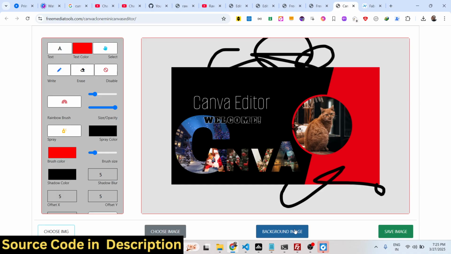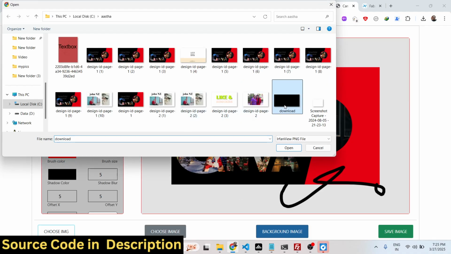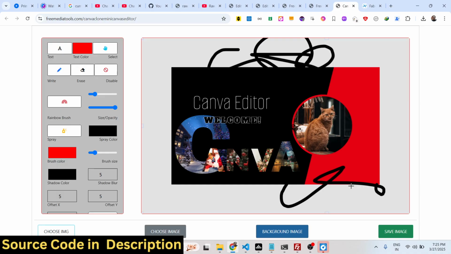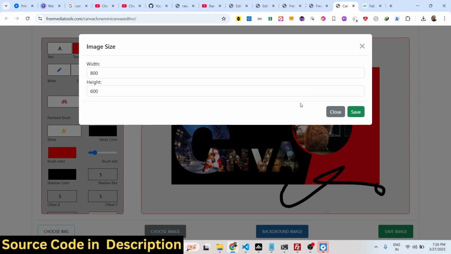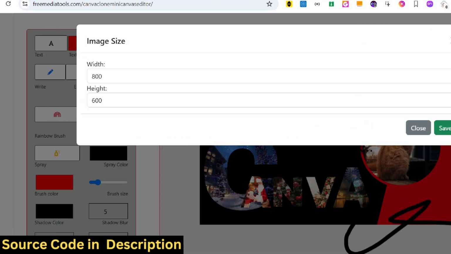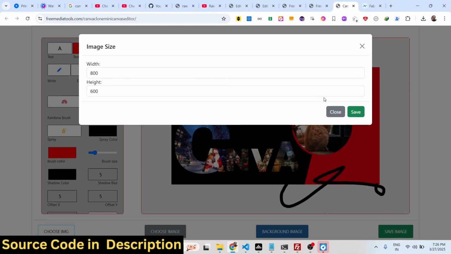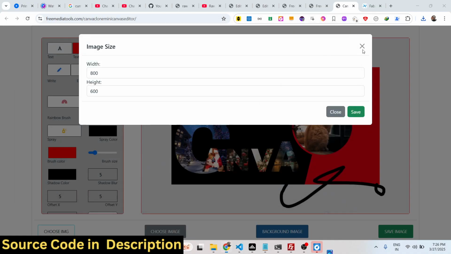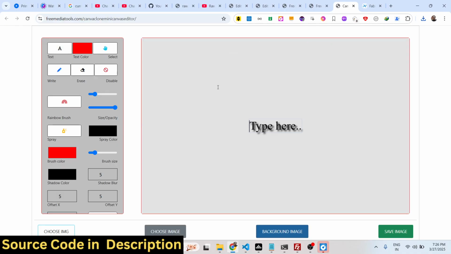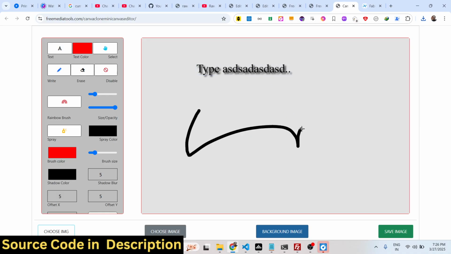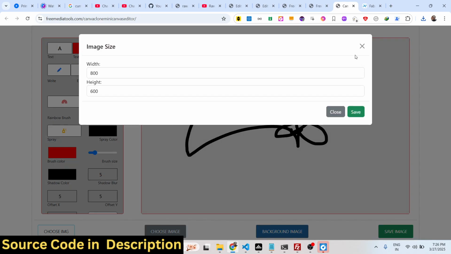So after that, you can even put a background image as well. So there is a second button available, background image you can put. And then we also have a button to save the canvas here. So if you click save canvas, you just need to select the sizing here, width and the height. You can even change that as well. So click on save and your image will be successfully saved. You can see that. You can draw anything right here. So you can add text here, you can write something in the canvas,